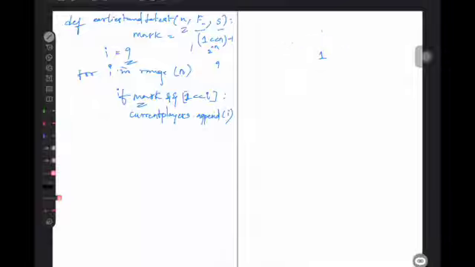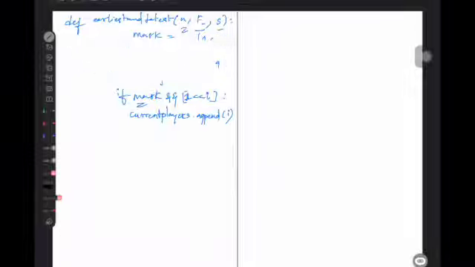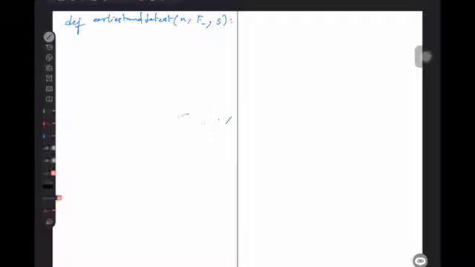I hope this makes sense why we are using bits. Now, based on the bits set, we are taking the current players.